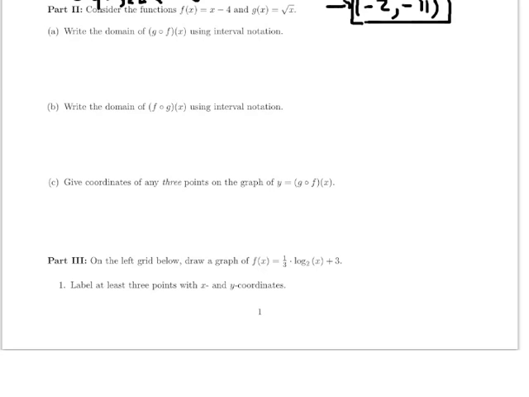In part 2, we're looking mostly at composition of functions, and along the way we're reminding ourselves about the meaning of domain and the connection between the points on a graph and evaluating the function. In part A, we're simply rewriting g of f of x as g of f of x, and as we said in class, working inside the parentheses out. First, inside the parentheses is f of x. We know from above that f of x is really x minus 4, so